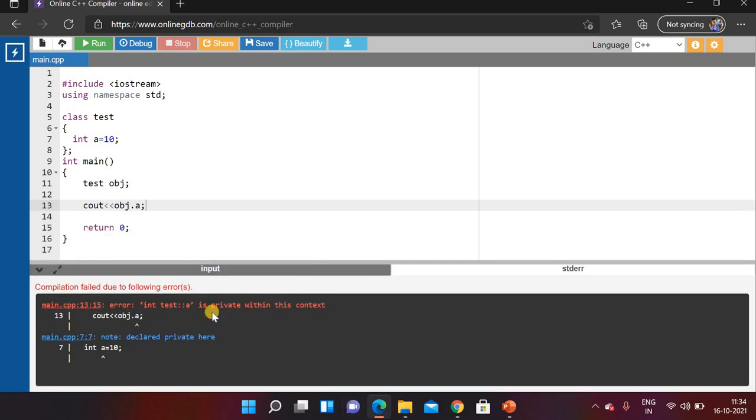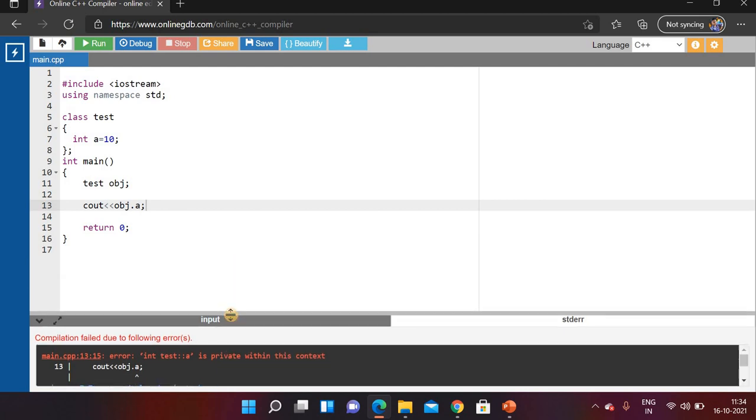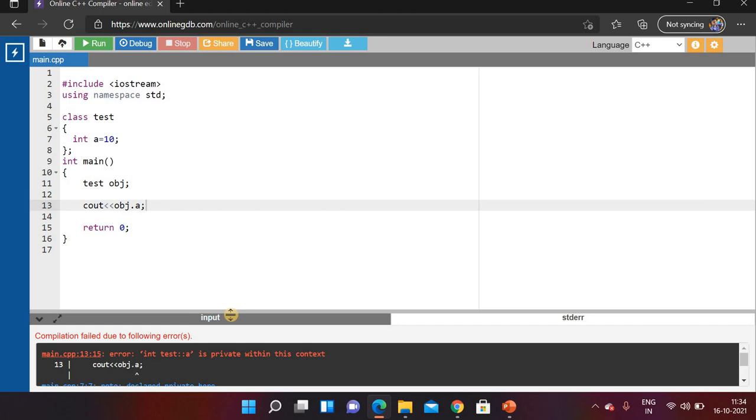Here I am getting an error: test class member a is private within this context. So a is private and we cannot access a outside the class by using an object of that class.